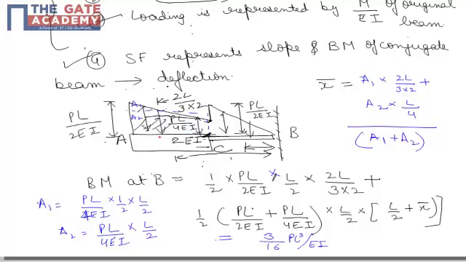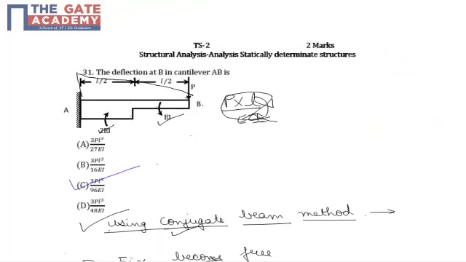And the distance of the centroid of the other portion of length L by 2 will be L by 4, because the centroid will be located at distance L by 4. A1 and A2 for both portions can be calculated using the simple triangle formula, half into length into height, which is PL by 4 EI, and A2 is PL by 4 EI into L by 2. Upon substitution of all these values, this simplifies to 3 by 16 PL cube by 3 EI, making